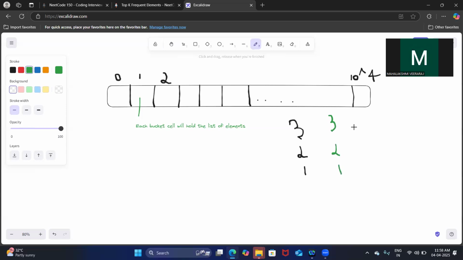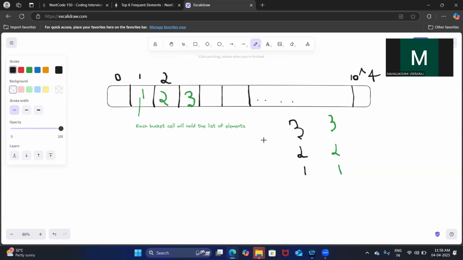So we will be updating this bucket array based on this key-value data. In the third location, we will be adding 3. Then in the second location, we will be putting the element 2, and in the first location, we will be putting the element 1.